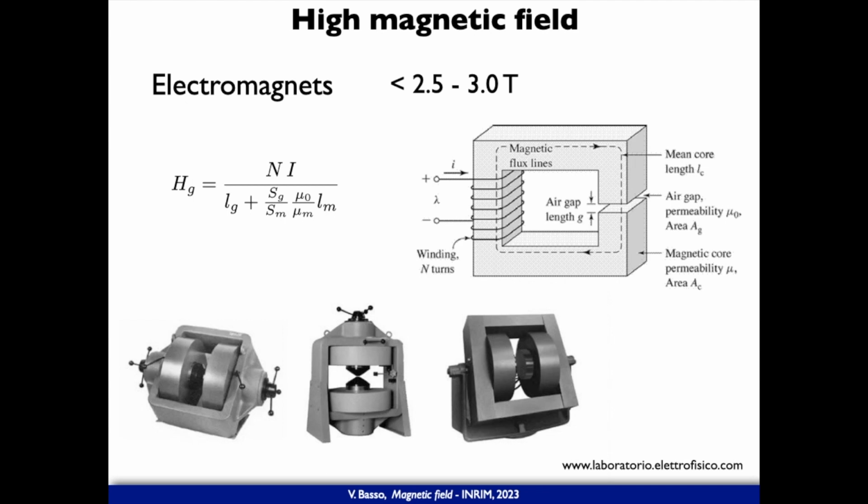So in this way the fields are large, and if the electromagnet is large enough, the uniformity of the magnetic field is extremely good. And these are the common, let's say, magnetic field generation systems used in labs and also in metrology labs. Let's say, to go toward the conclusion of this